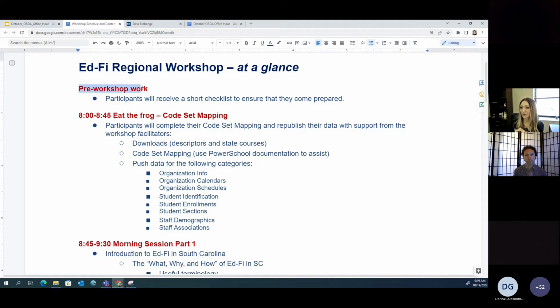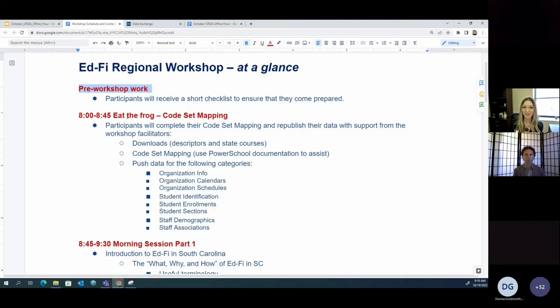So these red headings here are sort of the big chunks. We are going to send you out an email with a basic checklist of things that we'd like for you to think about before you come. We'll send that out soon. Nothing hard or earth-shattering probably, but just to make sure that you come super prepared, because we want this to be really interactive. It's not going to be a sit and get. There will certainly be some preliminary information provided up front, but we want you to walk out of there having resolved errors. So that's part of it, and feeling a lot more confident doing that on your own.